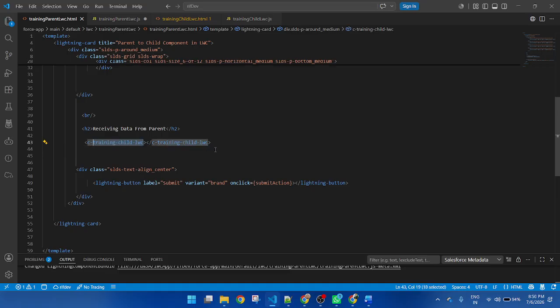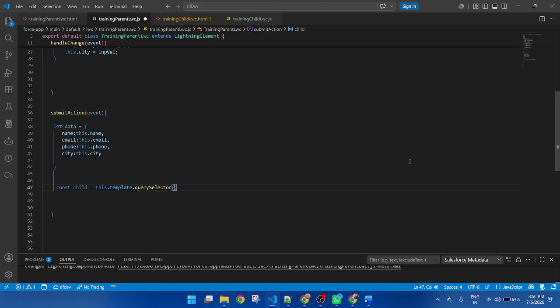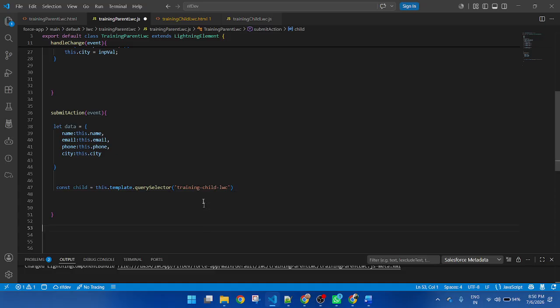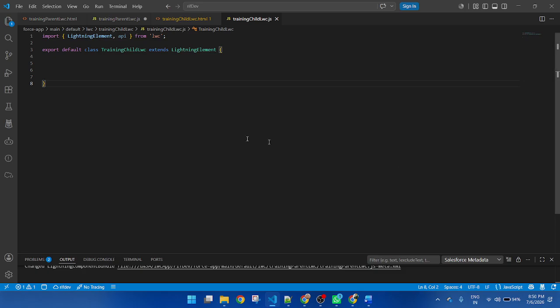Copy this and use it as the selector for the element. So first I select the child component, this is template dot query selector. Then inside the child component, I will create an @api function.